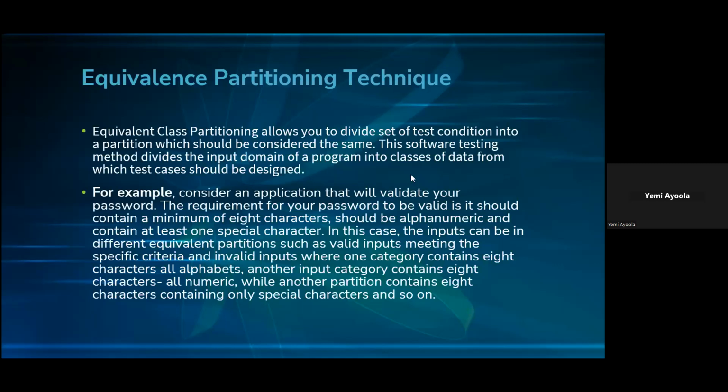Or if I put only special characters, it's an invalid input. If I put just Yemi, it's 4 letters, it's invalid. So inputs where one category contains 8 characters, all alphabets, another category contains 8 characters, all numeric,